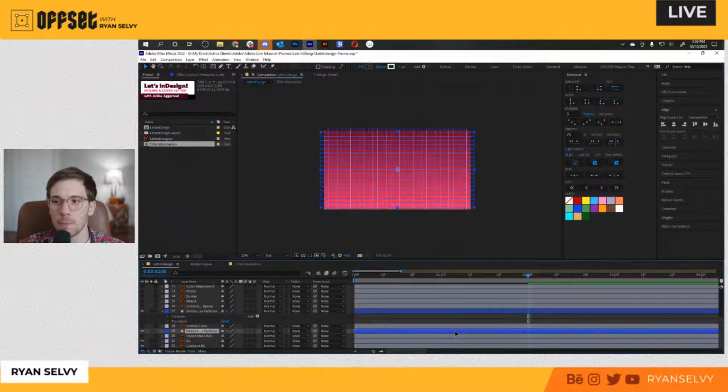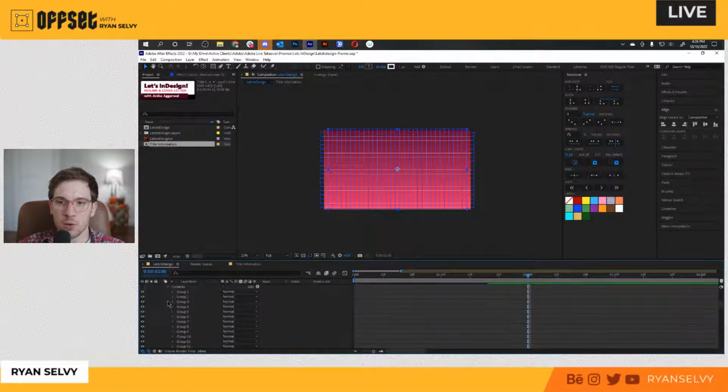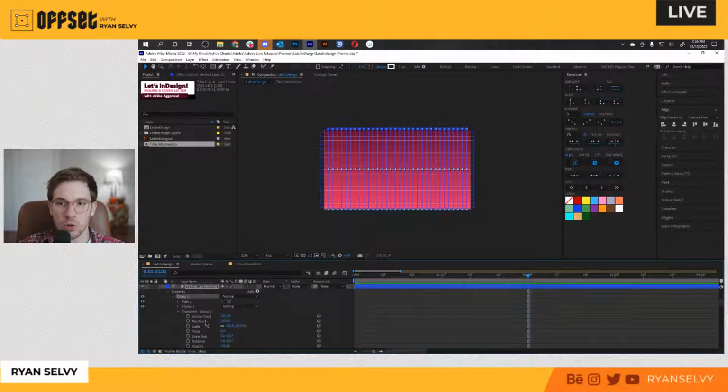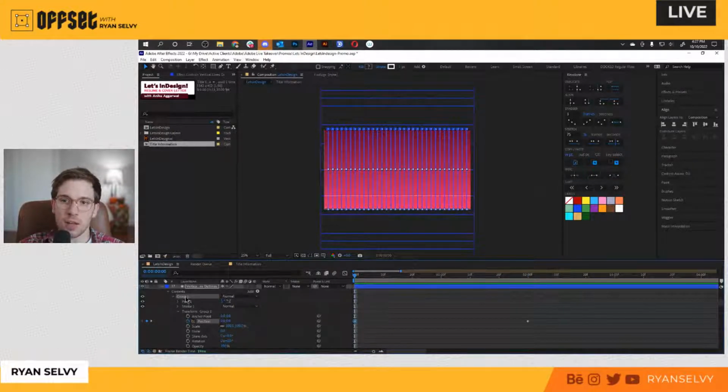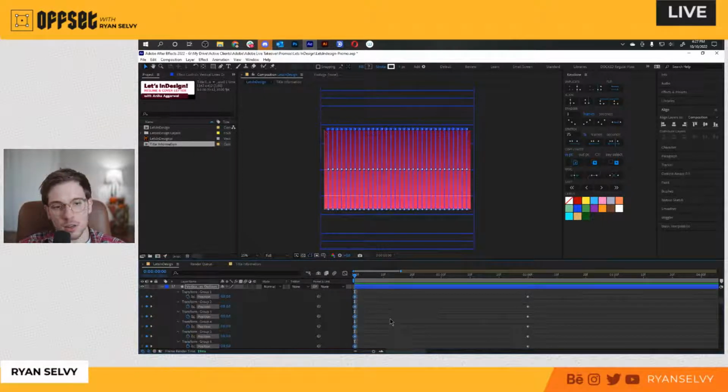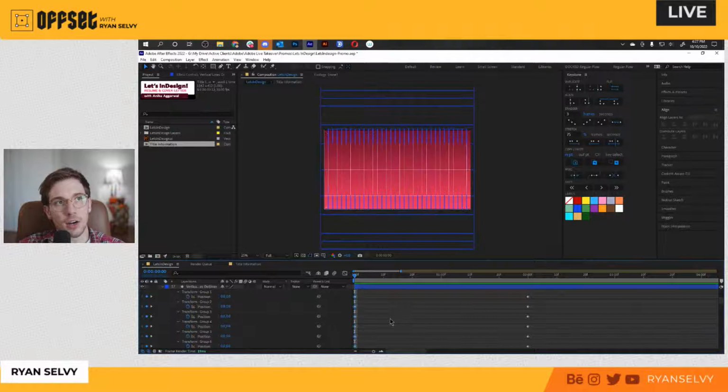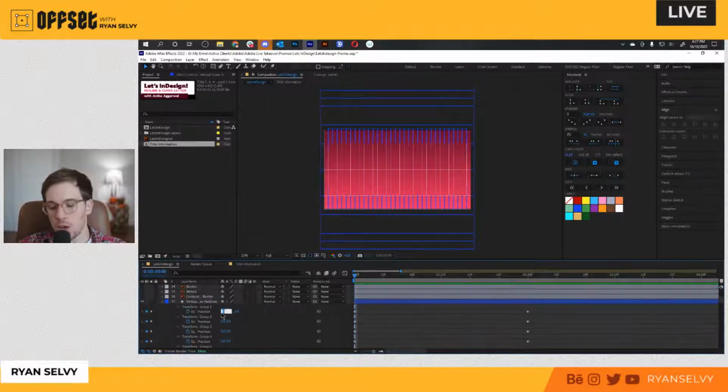It'll be great. So we're going to do the same thing really quickly for this. In this case, I'm going to highlight all of the groups, and then I'm going to go down to transform with everything selected. If you click position while everything's selected, and then you go back over here and press this button, we don't even have to individually go in and select all the different layers in order to add keyframes to them. It already is going to pop just because I have them all selected. So we're going to do the same sort of thing now where we're just going to adjust this. But now since it's XY, we'll do 1,000. Well, 100. We'll say